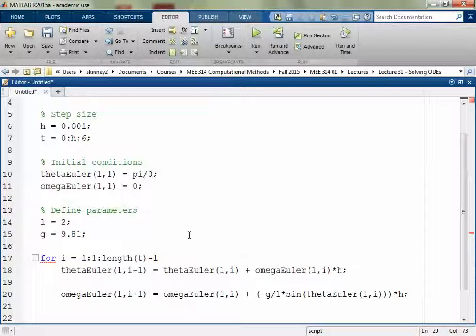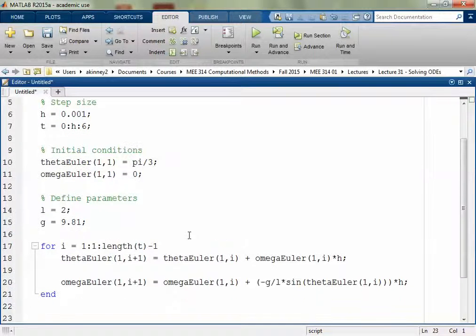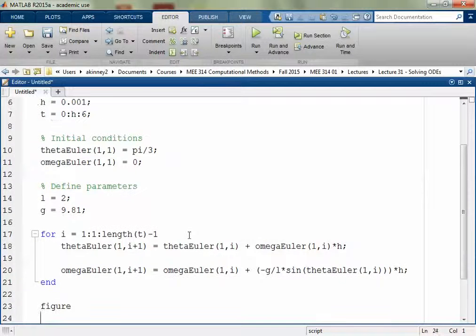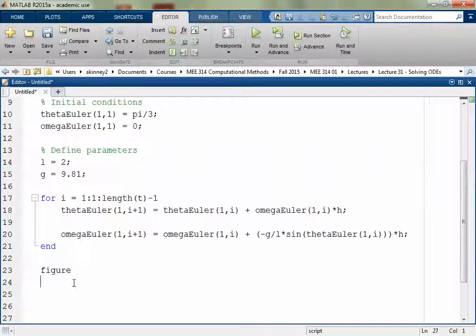So do we need anything else inside of our for loop? Yes, no, maybe? No, we're good. So we can end that. And then if we wanted to, we could create some plots. So let's do real quick a subplot